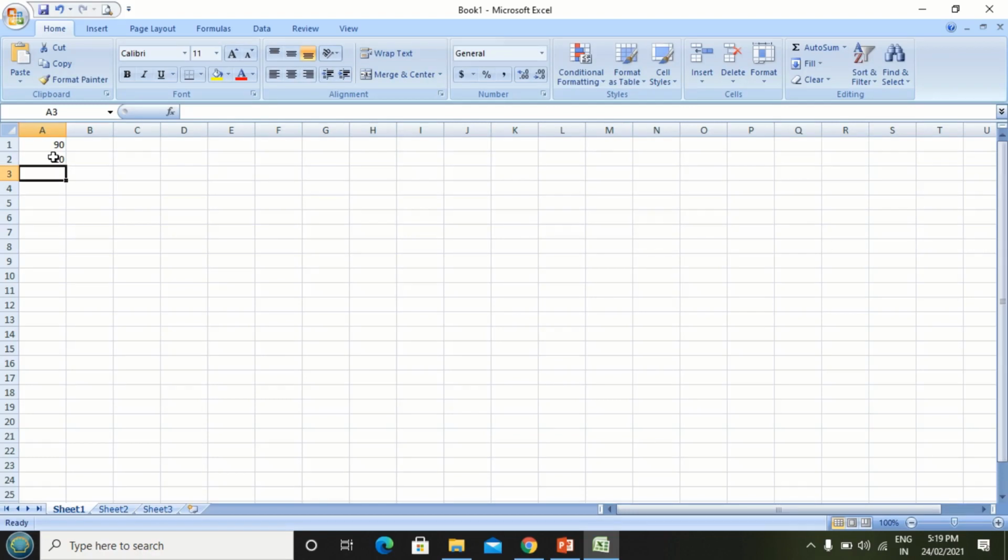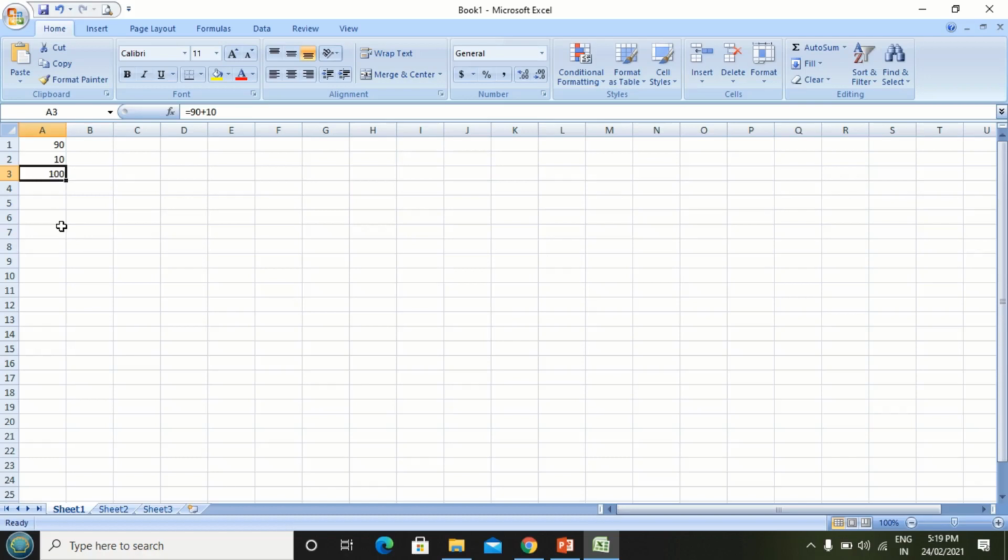So we will enter a formula which always starts with the equal to sign. Equal to, here write down the values 90 plus 10. After typing the formula, press the enter key immediately to get the result. Here you get the result: 90 plus 10 is 100.